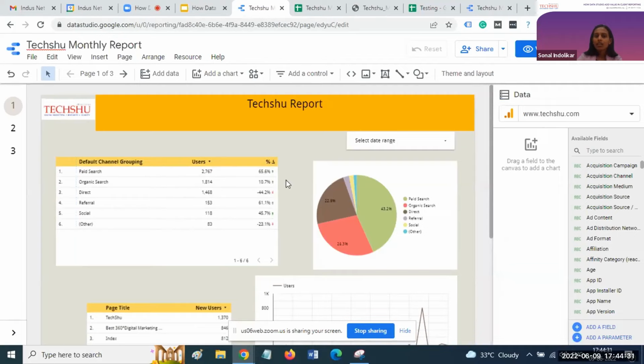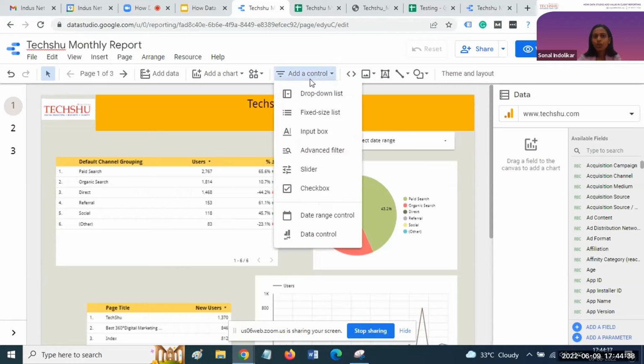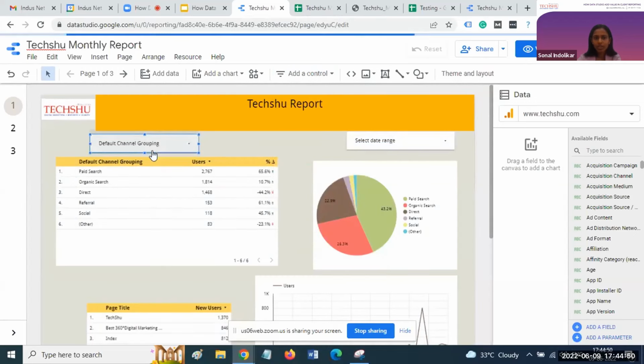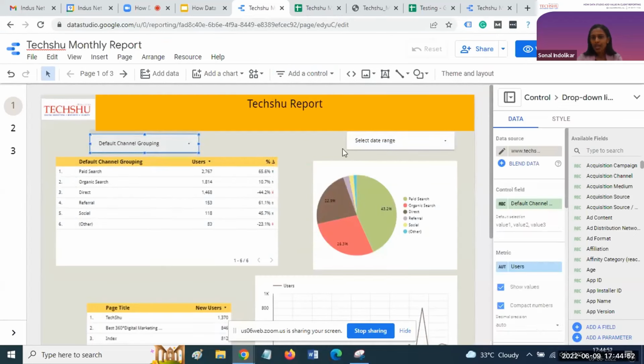Okay. Also, as I said earlier, there are multiple controls available. If you want to add some filtering parameter to your report, there is an option called drop down available in Data Studio. If I select this option, I'll put the drop down option over here. Right now, the default channel grouping is my filtering option available here.